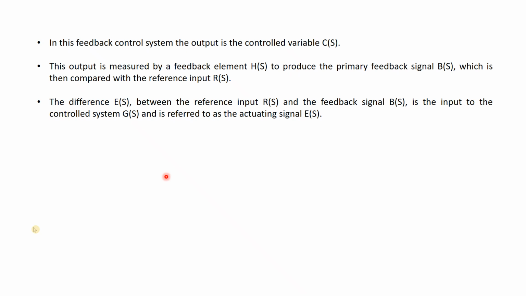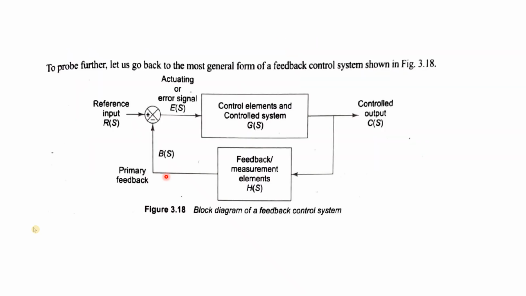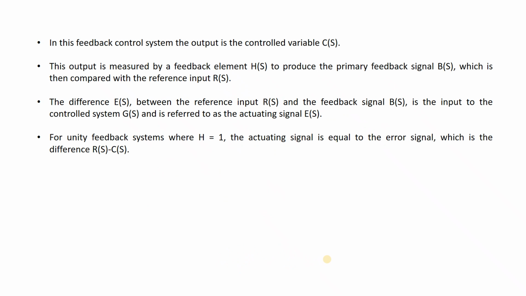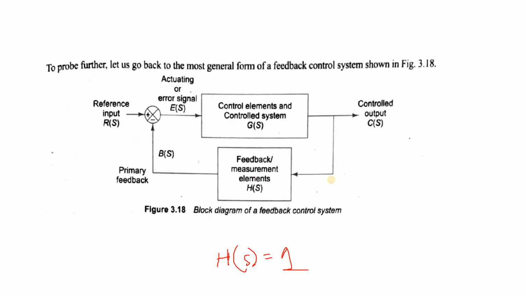Now accordingly the system will be operating and the output will be controlled for the next step using that error signal, and the whole system will continue until the error becomes 0. Now suppose in systems the H, that is the feedback, may be unity. That means the value of Hs may be 1, suppose. So we call this a unity feedback system.